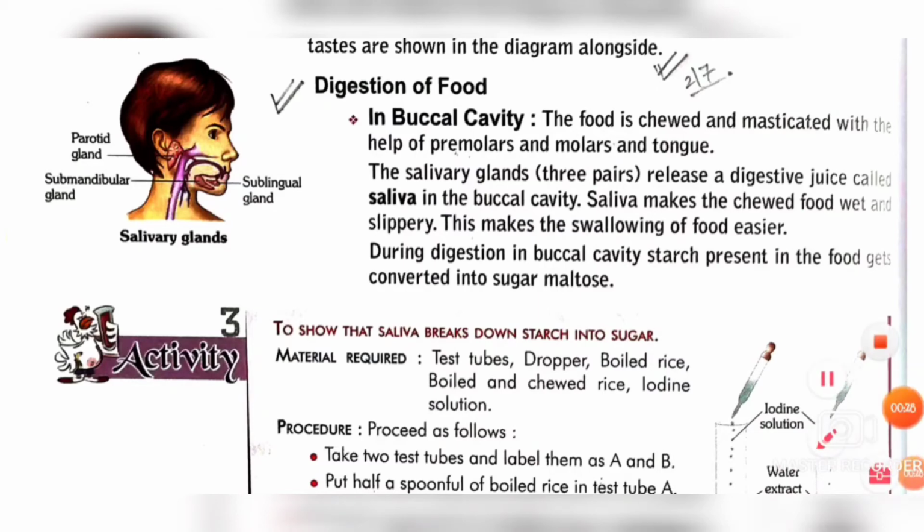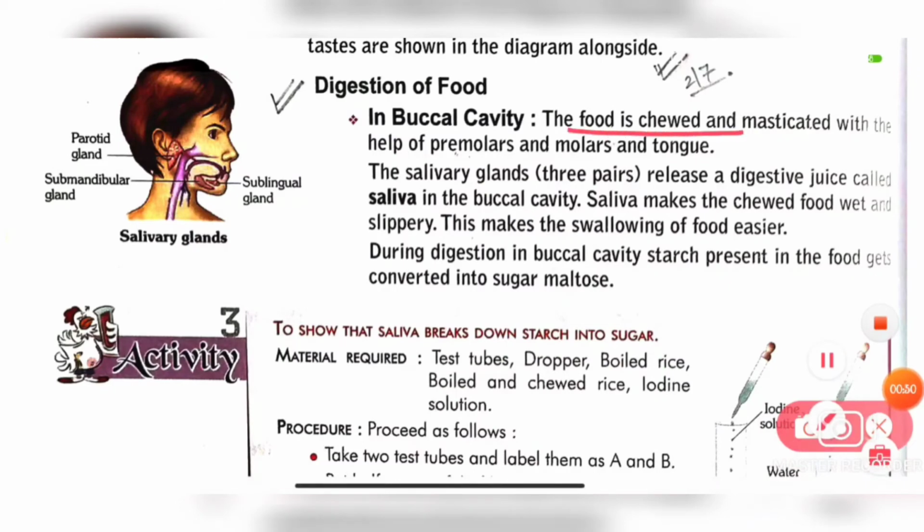molar and tongue. So at first we take the food and we chew it and grind it with the help of the teeth. আমাদের যে প্রিমোলার, মোলার এবং টাং আছে, তার মাধ্যমে আমরা খাবারটাকে চিবিয়ে গুঁড়ো গুঁড়ো করে স্যালাইভার সঙ্গে মিক্স করে দিই. Then the salivary gland, which there are 3 pairs of salivary gland,